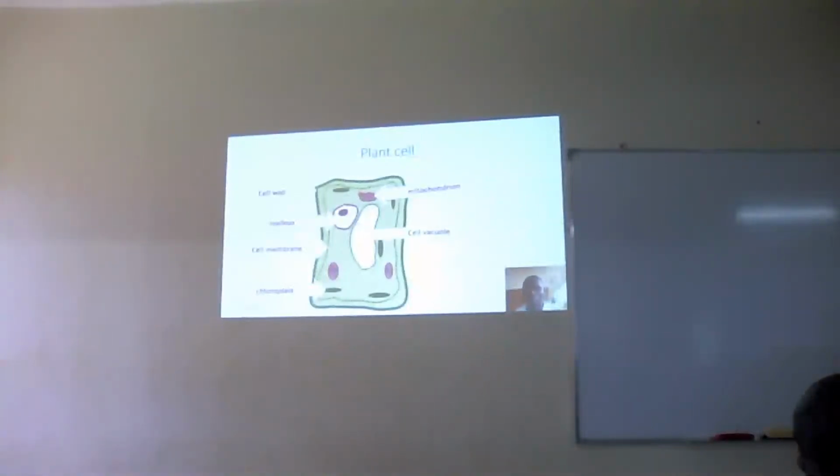Then we have what we call the cell vacuole, this large structure here, we call cell vacuole. And this cell vacuole is permanent in plant cell, and it is responsible for the storage of photosynthetic products. When photosynthesis occurs, the plant manufactures its own food, and this